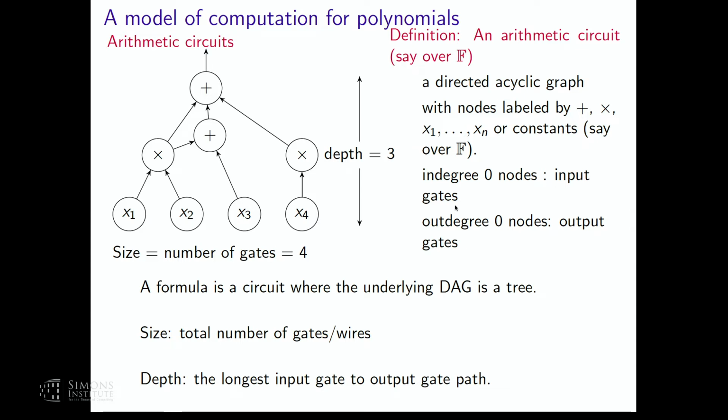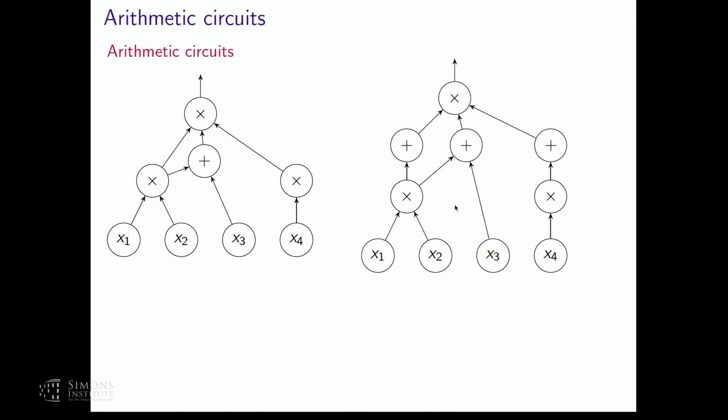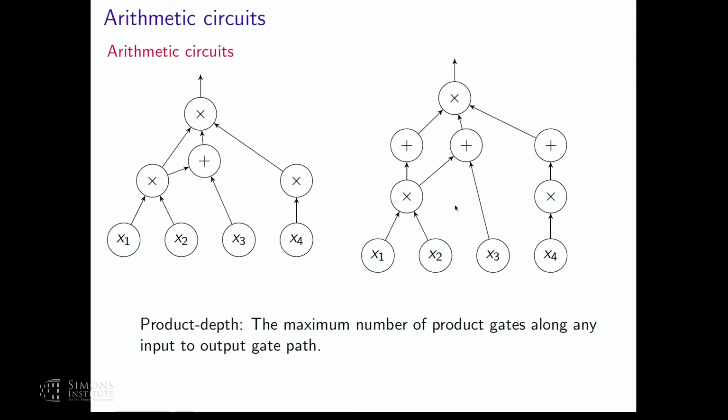So all of us know this already. Arithmetic circuits can be easily layered so that every alternate gate is plus, multiply, etc. And a notion of depth that we will use in this talk is product depth, which is just a constant factor away from the depth that we defined. This is the largest number of product gates you will encounter on an input to output path, from a leaf to the output. So again, we are familiar with all this.